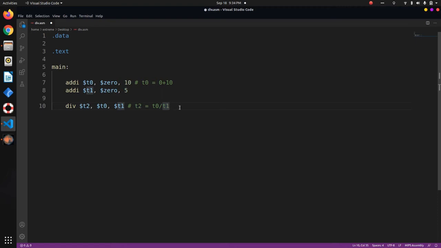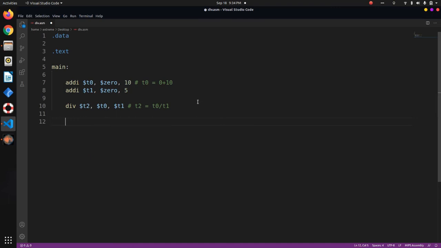For example, 10 by 5, the quotient is 2, so t2 will contain 2. And for example, 20 by 3, the quotient is 6, and it will contain only 6 and not the remainder.